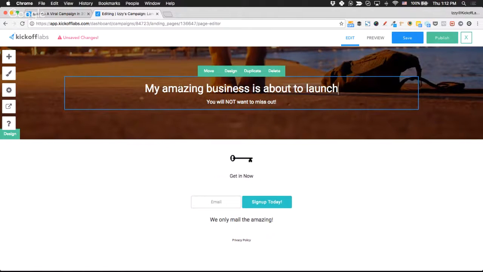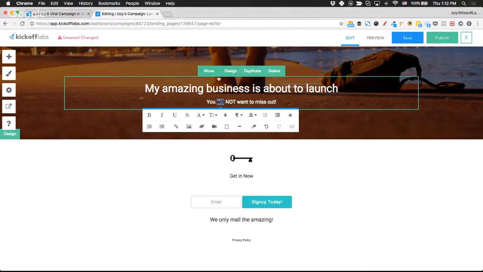Especially when you're writing your copy, you want to be as specific as possible. When you're saying, hey, my amazing business is going to launch, people aren't really that interested in hearing about your business or about your launch. People are really interested in hearing about what's in it for them. So when you're writing your copy, be sure that the focus is on your visitor, is on getting them to convert and showing them what the benefits and unique value propositions of your business or product or service are. So cool, enough of best practices.